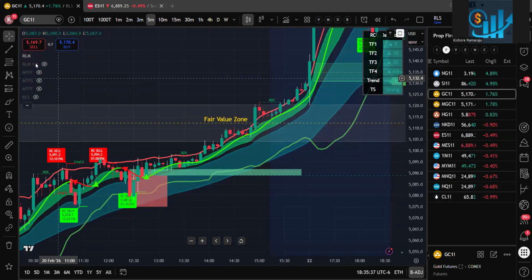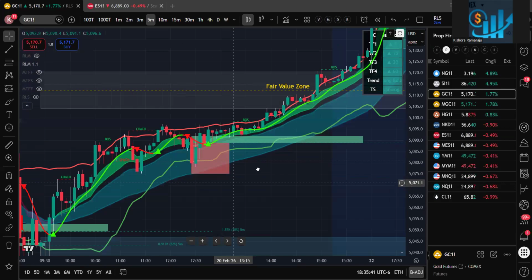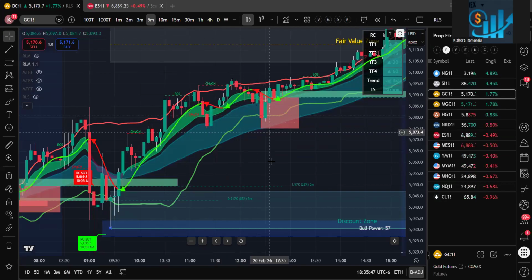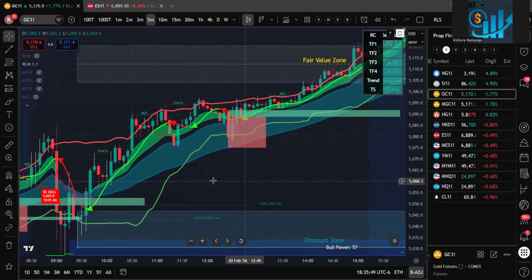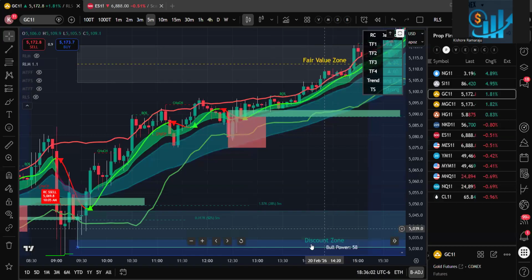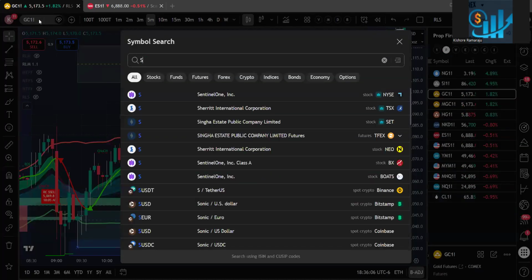Whereas RLM 1.1 is where you can just hold, right? You got a buy signal. There was no sell signal here. There was no sell signal here. So it looks at a higher time frame level, and then you can just hold the trades for the entire day. As long as you get a buy signal close to the discount zone and the bull power is above 45, right? For example, on Friday,